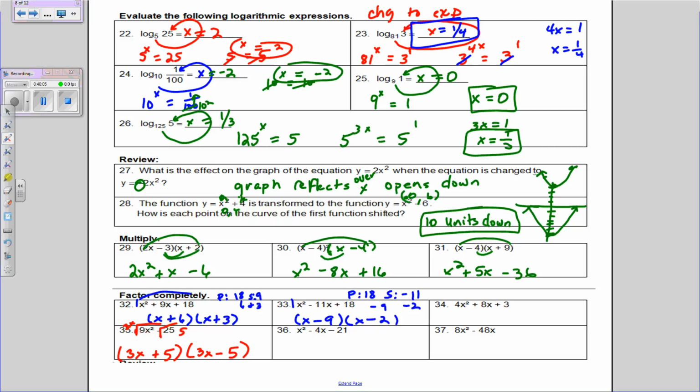Number 36 is a shortcut because there's a 1 in front. Our product is negative 21 and our sum is negative 4. So I'm seeing 7 and 3 with a negative 7 and a positive 3. So it's x minus 7, x plus 3. Number 37